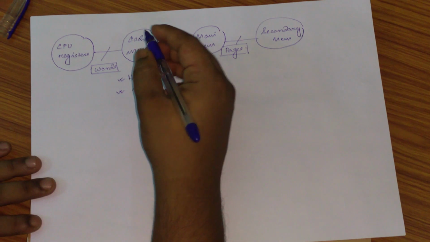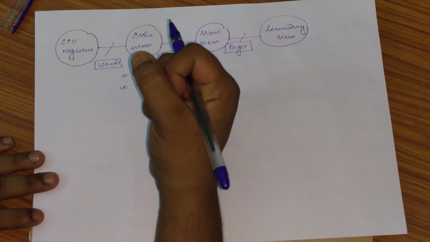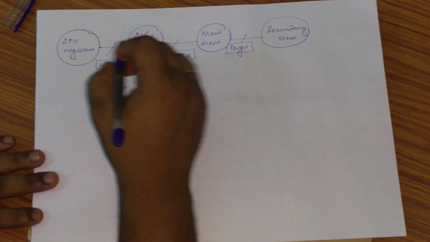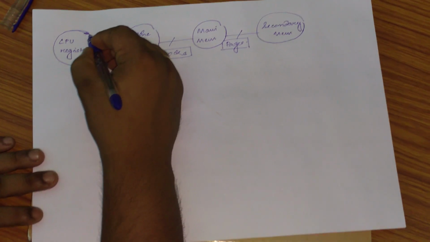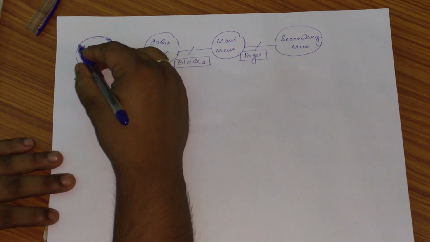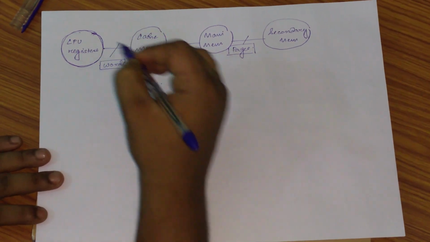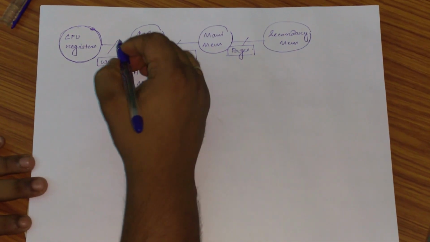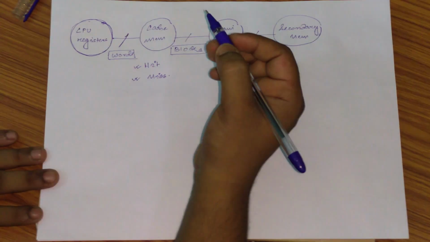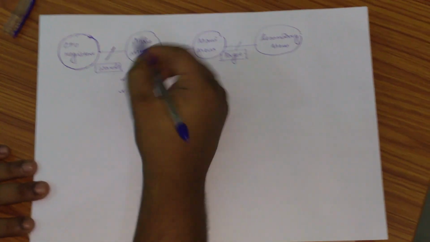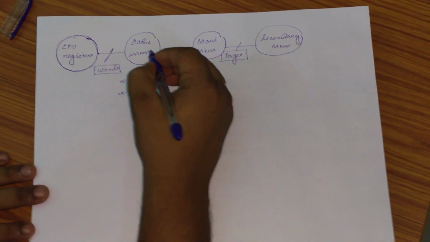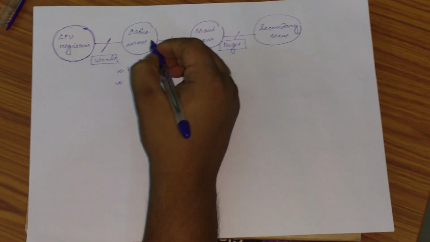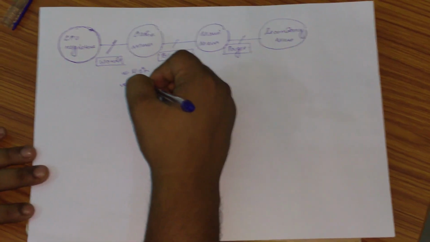See, whenever the CPU requests something from the memory, we don't look into the CPU registers, we first look into the cache memory, because these are very costly memories and these are very few in number. So we use them for different purposes, for keeping temporary data while processing an instruction. For any other reference to the memory, we first access the cache memory. If we find the referenced request or word in the cache memory, then we say it is a hit, otherwise we say it is a miss.